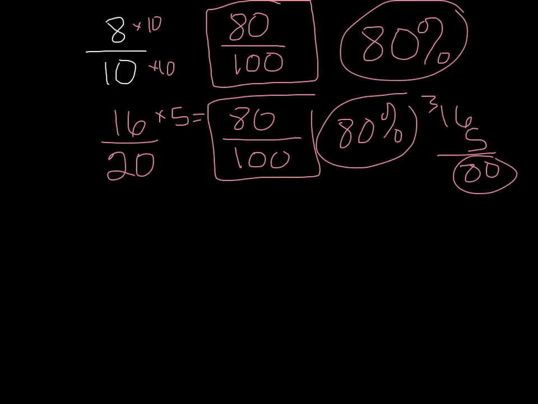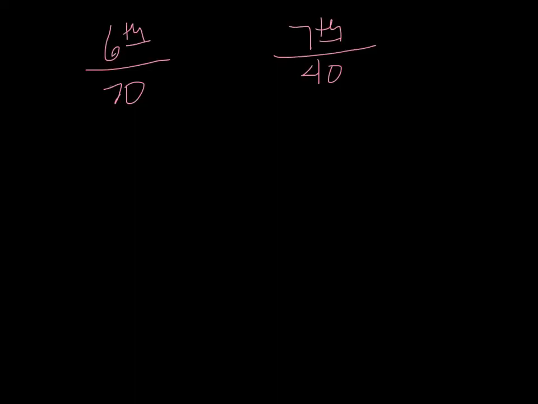This is a really useful thing if you have numbers that are out of balance. Let's say our 6th grade team was having a competition with the 7th grade team for who could have the most kids coming to school each day. Well, the 6th grade class has about 70 kids in our whole grade. The 7th grade group has only about 40 kids in their whole group. So if we said, let's have a competition to see who could have the most kids show up for school each day,